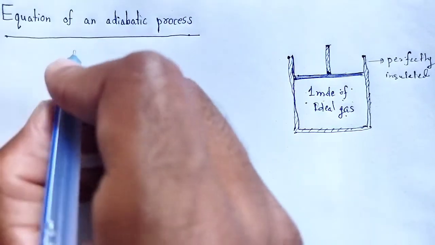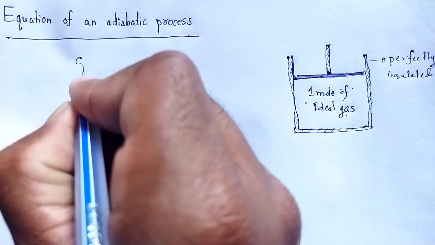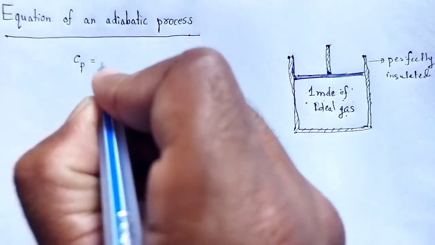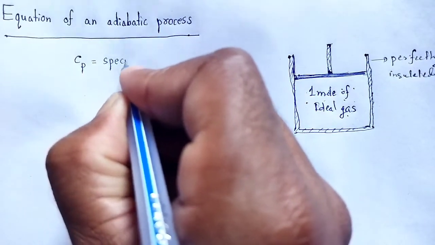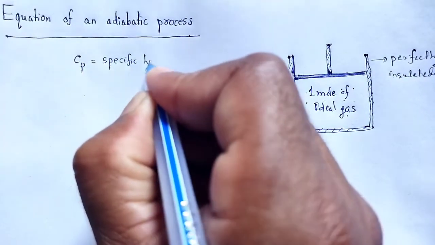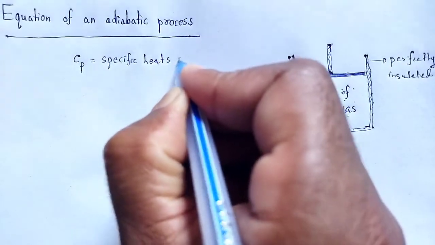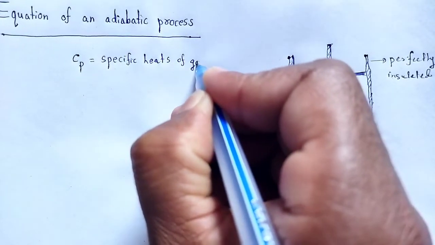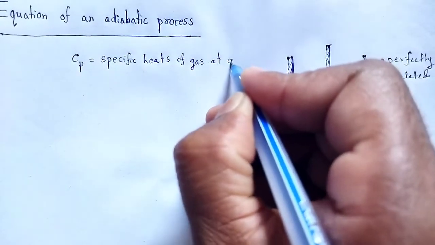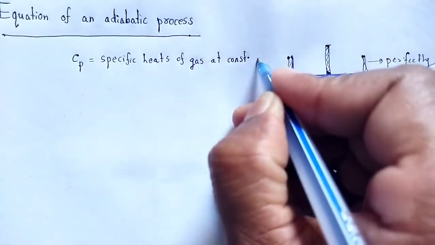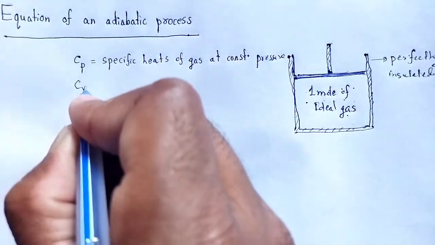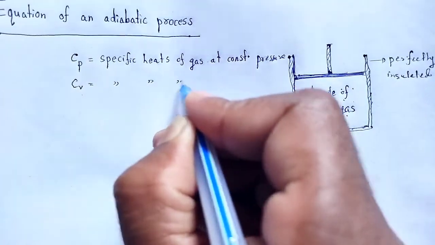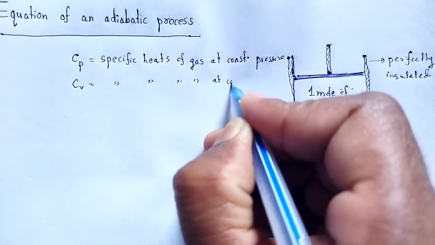And here let Cp be the specific heat of gas at constant pressure, and Cv the specific heat of gas at constant volume,